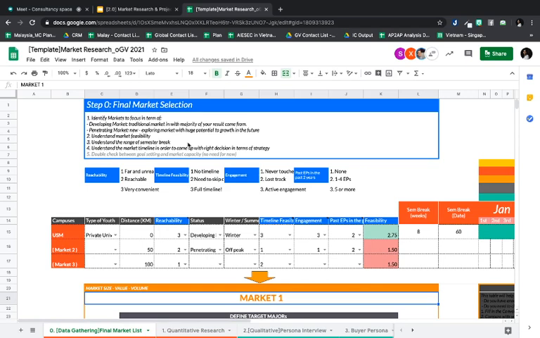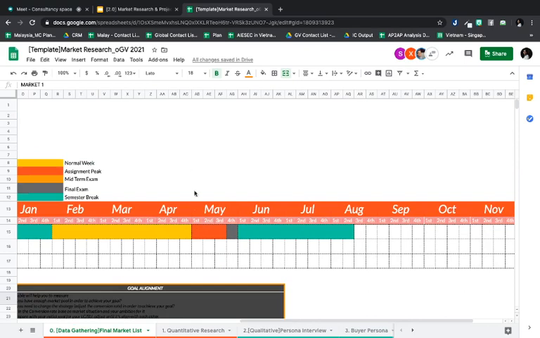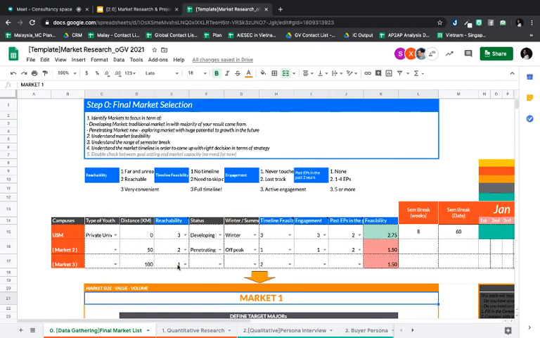But in the process before, we needed to make sure that when choosing the market, it is enough for us to generate the result. In your current situation, we do market research for both summer peak and winter peak, so you don't need to really care about the goal alignment. This is more about helping you identify which market is actually a potential for you to penetrate. Some of you might have a really long list of campuses, so this is a really good methodology for choosing them.